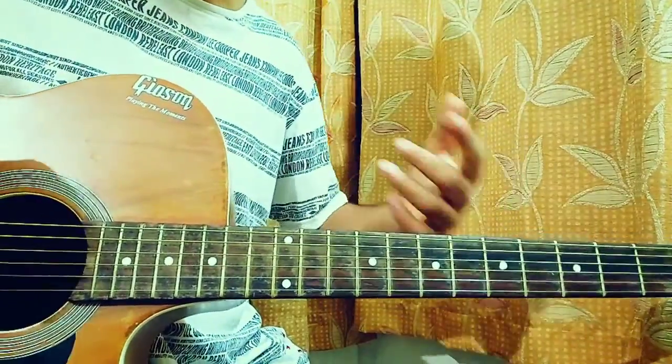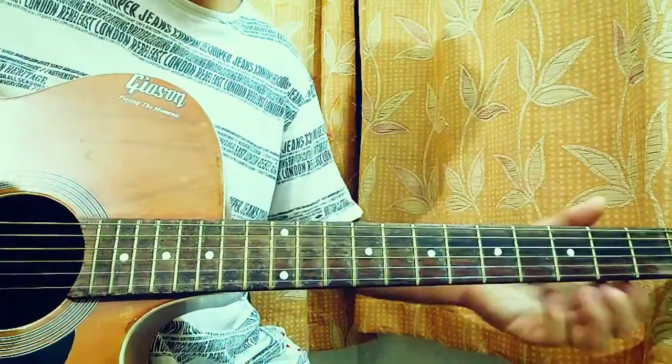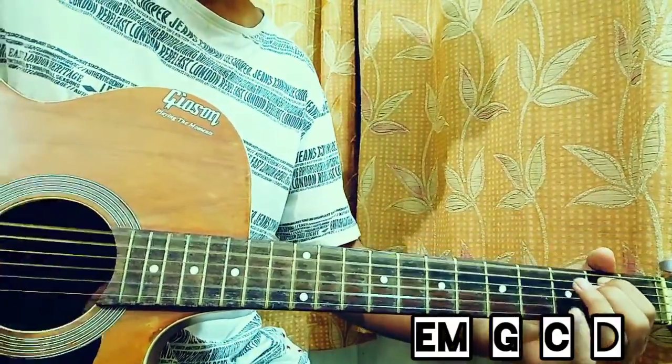And that goes on, and when you move on to the middle of the song, you're just going to add some more chords in it to build up the dynamic. So we got E minor, down, down,